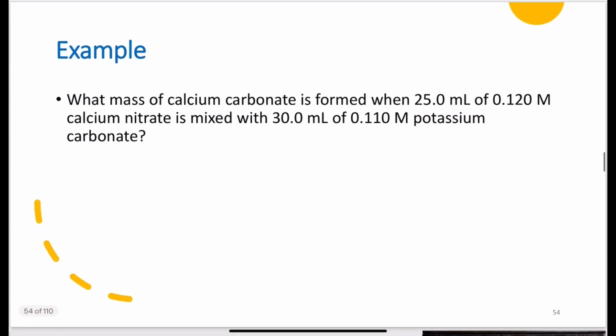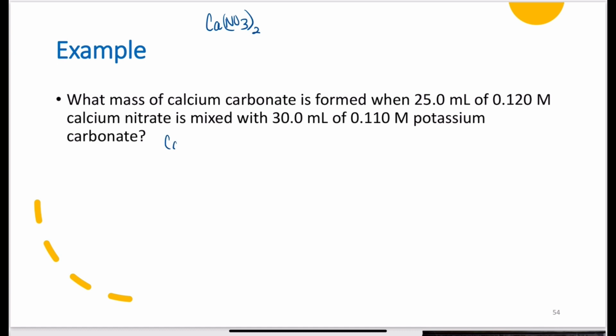What about this example? What mass of calcium carbonate is formed when 25 mils of 0.12 molar calcium nitrate solution is mixed with 30 mils of 0.110 molar potassium carbonate solution? Write out your balanced equation first. Calcium nitrate, CaNO3,